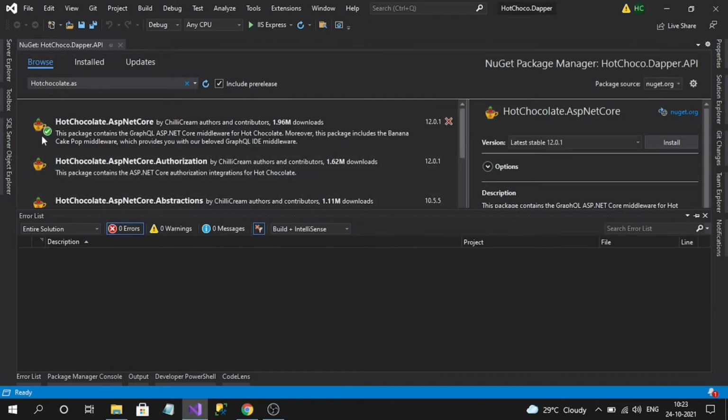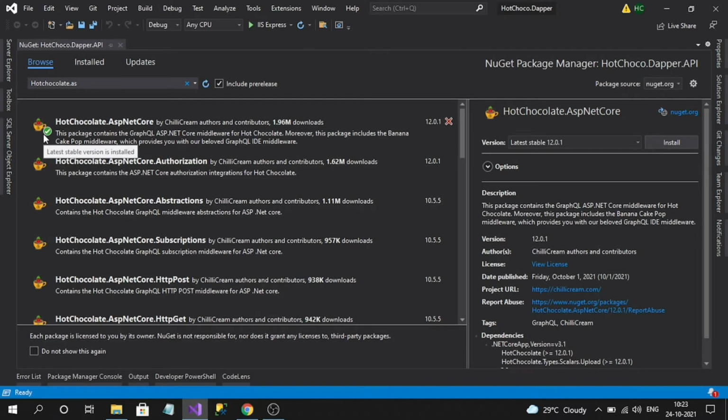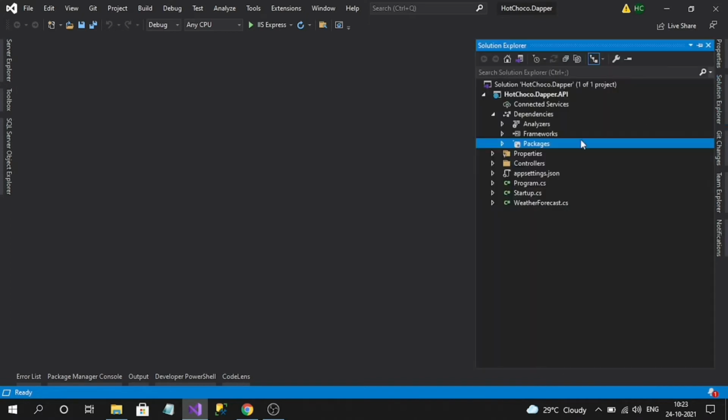Okay, you can observe here a green tick mark that shows us the package has been successfully installed into our application. Okay, and you can cross-check over here: HotChocolate.AspNetCore installed successfully. Okay. Now, first things first, let's enable the GraphQL server as well as the GraphQL endpoint in our